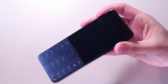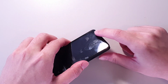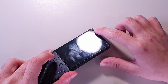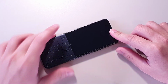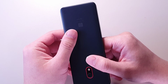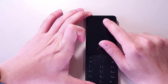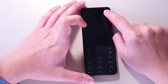When you look at the outside, at the top there's the little earpiece, and this also works as a media play sound speaker. It doesn't mean it's like a stereo speaker. It is a mono speaker. There's no extra speaker on the bottom or on the back. Next to the speaker, there's a proximity sensor and an ambient light sensor. And at the bottom,